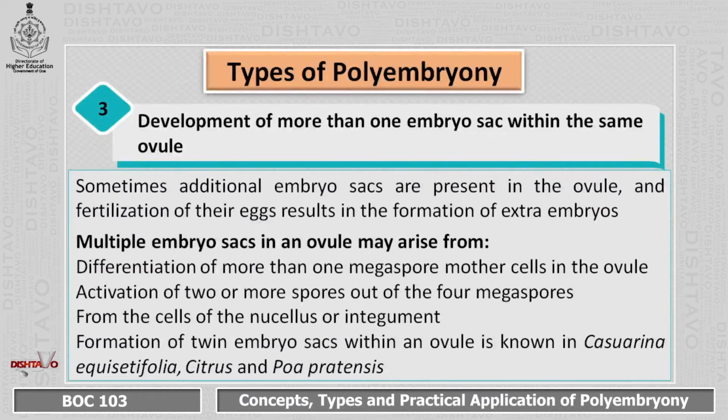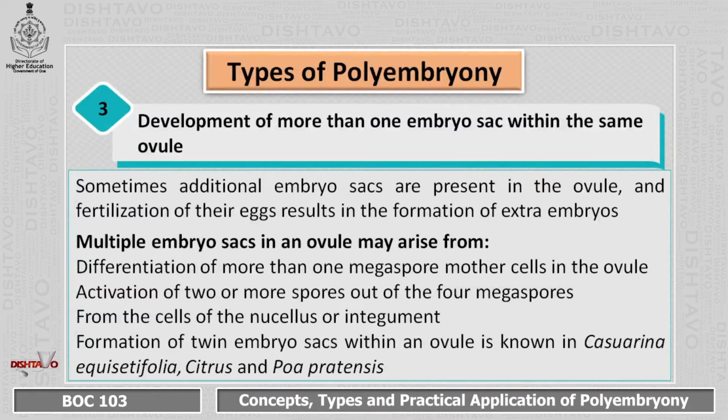Development of more than one embryo sac within the same ovule. Sometimes additional embryo sacs are present in the same ovule, and fertilization of their eggs results in the formation of extra embryos. Multiple embryo sacs in an ovule may arise from differentiation of more than one megaspore mother cell in the ovule,